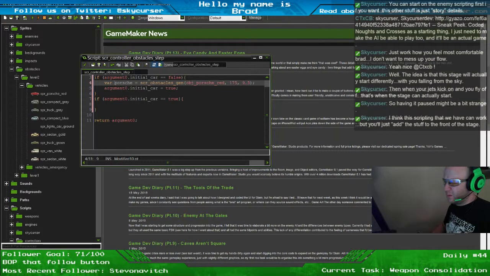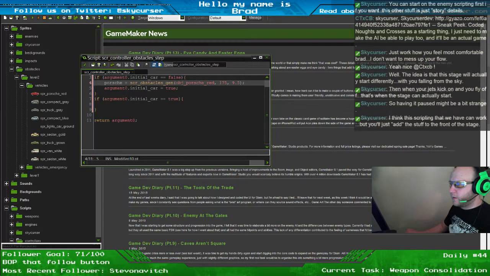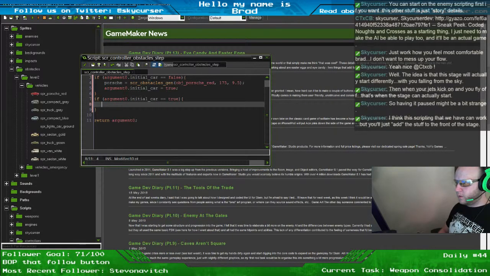I don't think I want to put it as Porsche as a var there. I think I want to try to leave it as Porsche and see if I can grab it down here. If Porsche dot x is less than or equal to